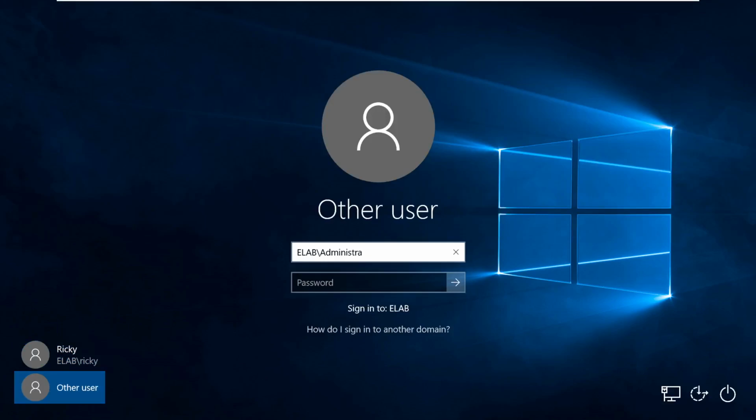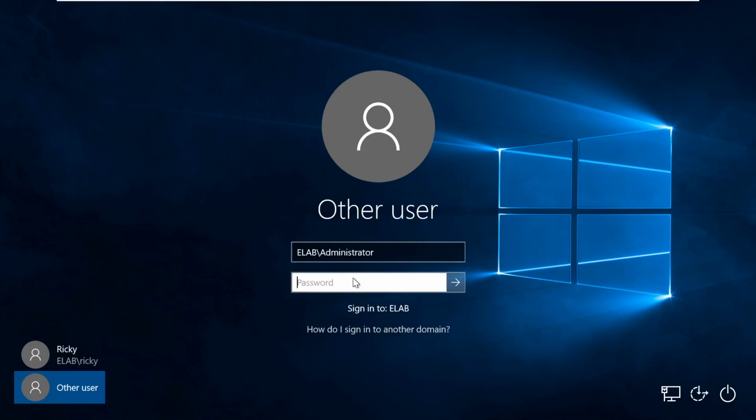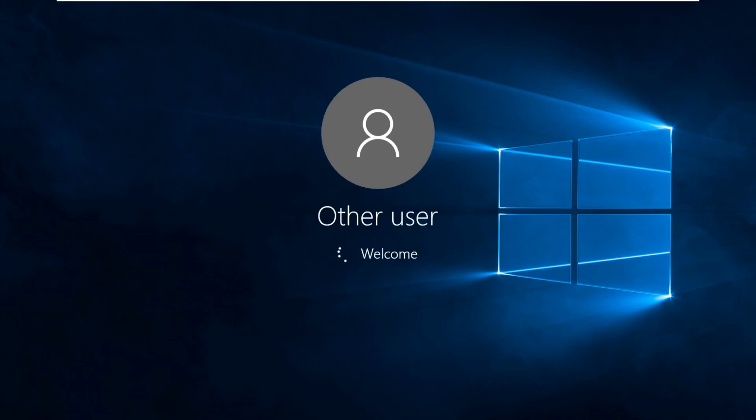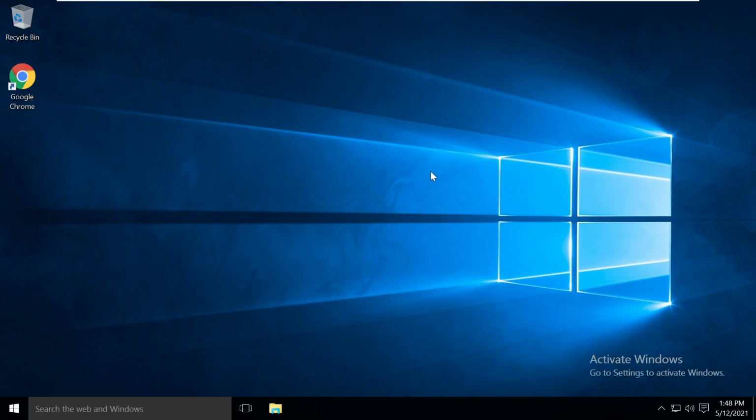I'm entering the password of domain admin, and let's wait for this administrator to log in, and let's check the same thing on that, because for the domain admins and the rest of the users, the base policy will apply.